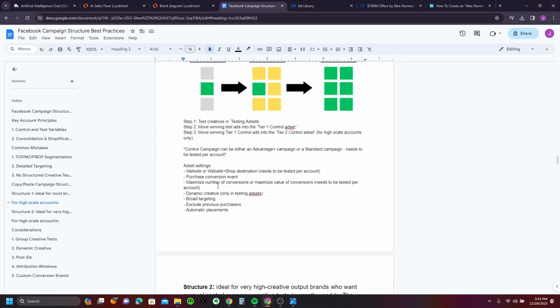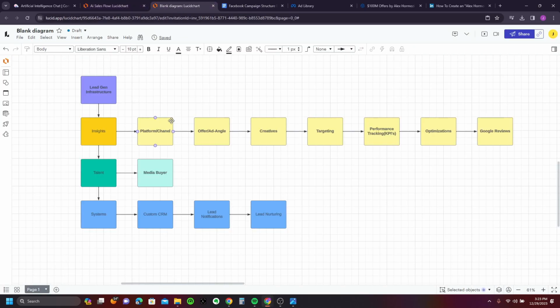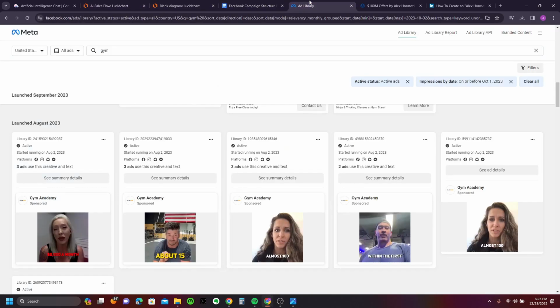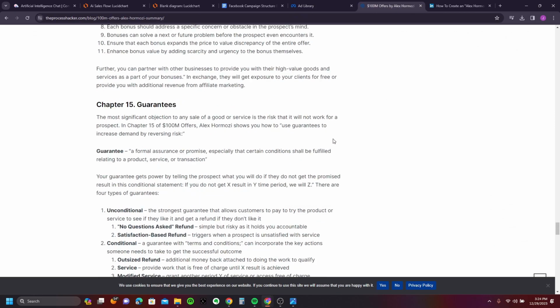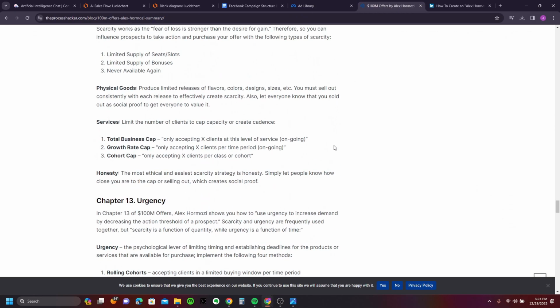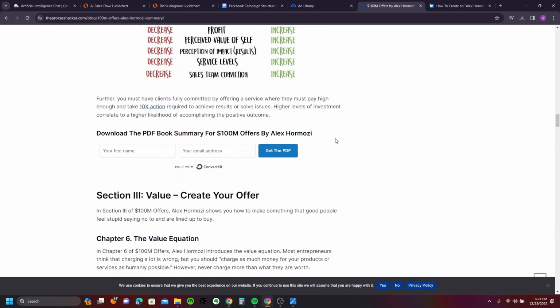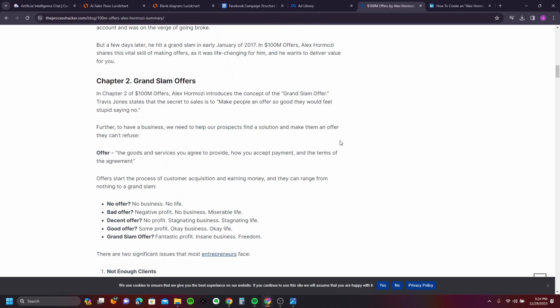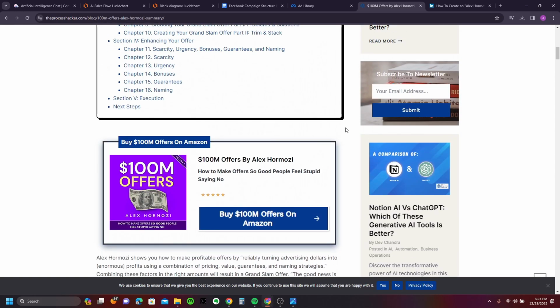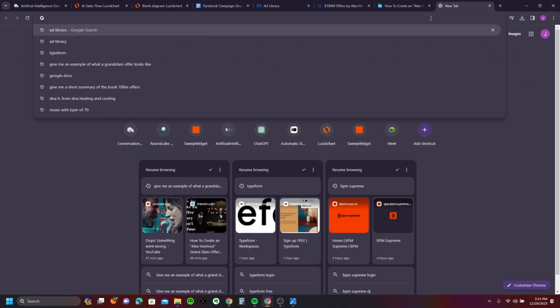So as far as offers and ad angles go, I would definitely suggest searching the ad library for different types of ad ideas. And then I would also heavily suggest that you, at the very least, study a summary of Alex Hormozi's $100 million offers. And what you can actually do is in ChatGPT,